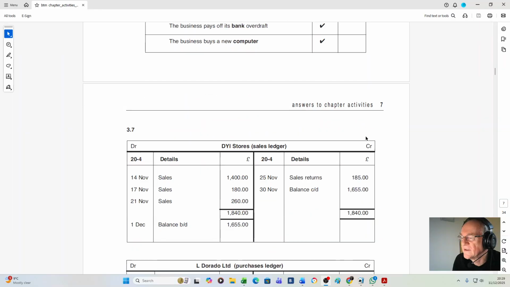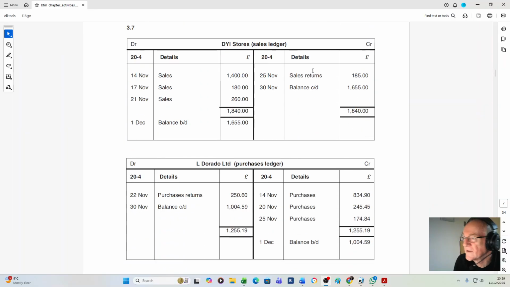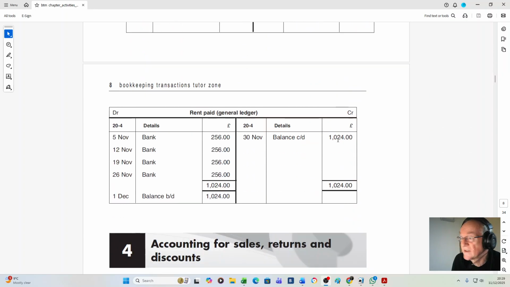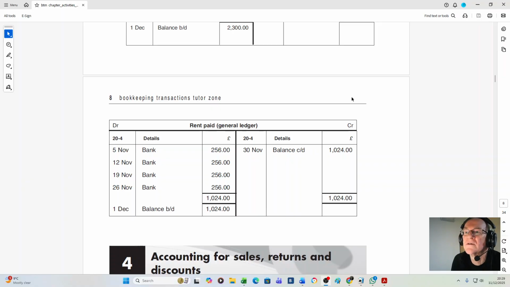Assets, liabilities you've learned. Here's some that are actually balanced off. So it's the brought down balance that goes in the accounts, but dated to carry down. The weird thing. So purchases ledger, general ledger, sales ledgers, just learn to do that. It matters, understanding it. Of course, on a computer package, you can print it out like this, or print out